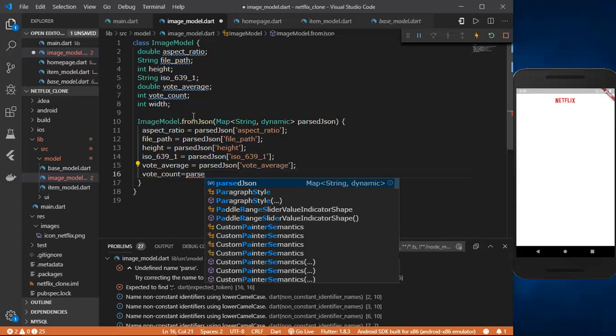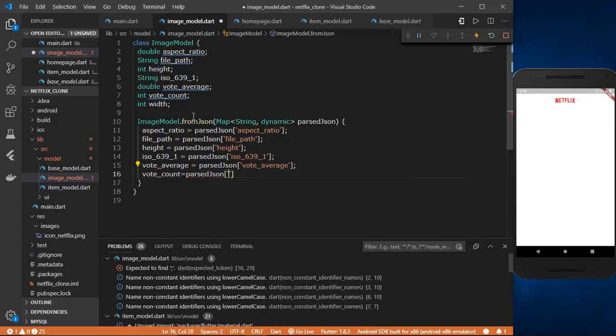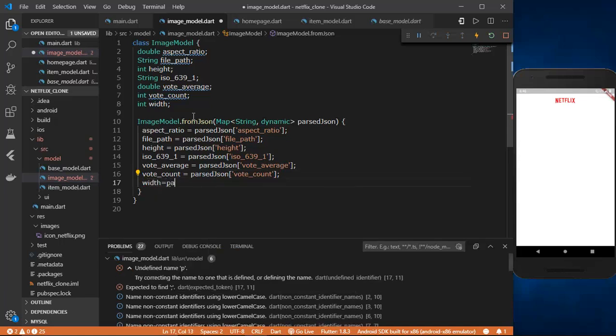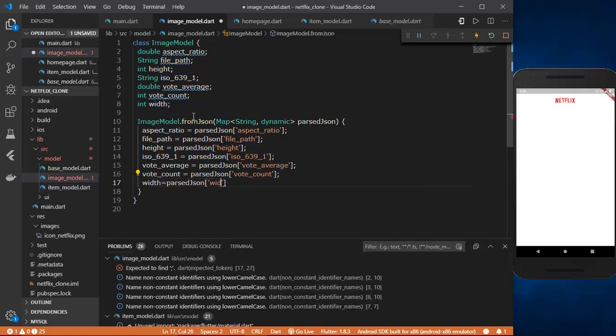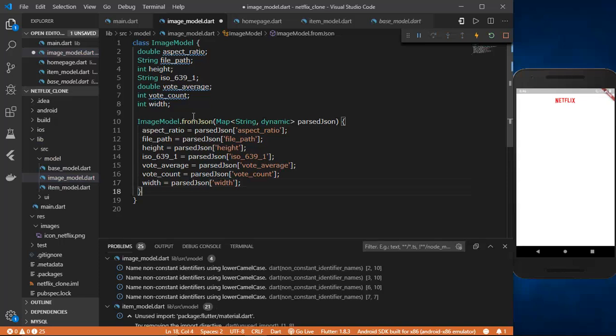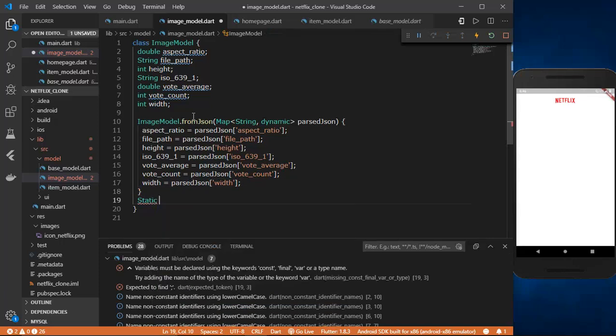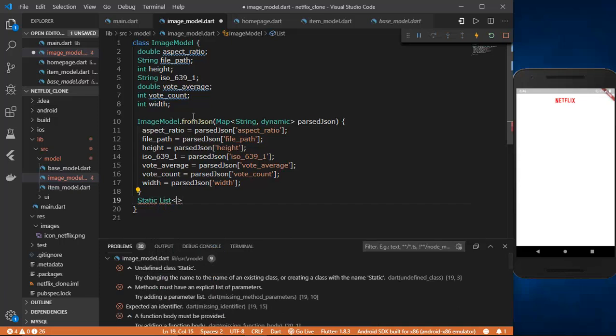then we need to provide the vote count, and the width, and after that we'll be needing a list. So let us create a list which would be static list image model,